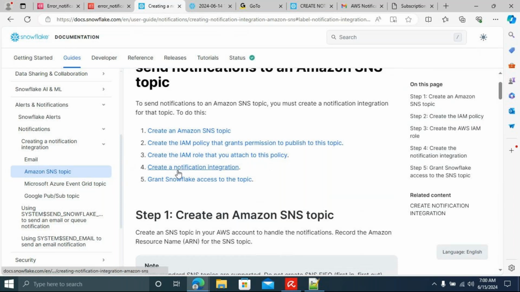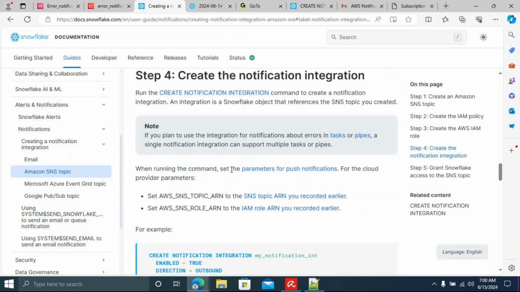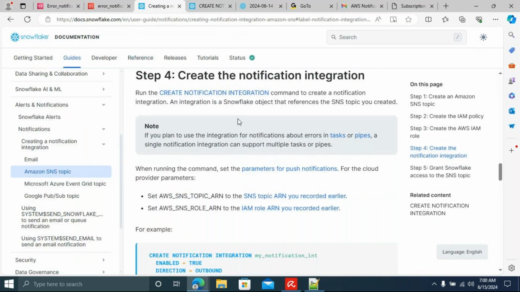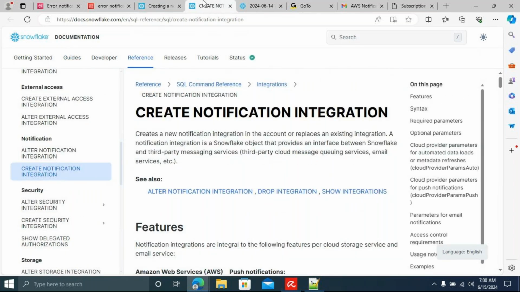Now, create notification integration. I want to discuss the notification integration. It's one of the Snowflake objects. It provides an interface between Snowflake and a third-party messaging service, going like an intermediator.